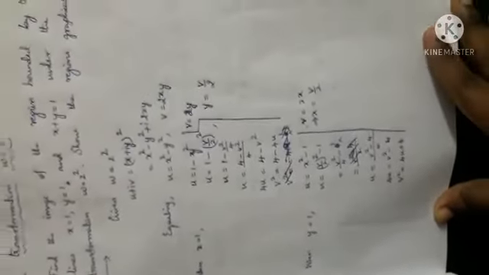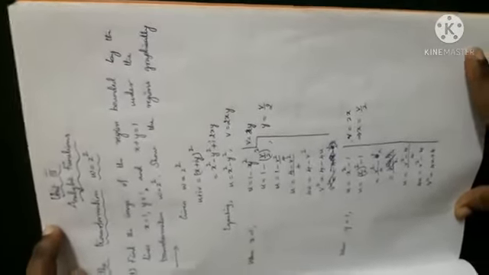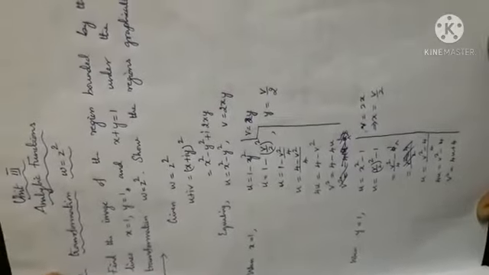And under transformations, the standard transformations which we have in the syllabus are W equal to C plus Z, W equal to C Z, W equal to 1 by Z, W equal to Z square. These four transformations are in the syllabus. W equal to CZ and W equal to C plus Z are part A headings, and 1 by Z and Z square are part B headings. W equal to 1 by Z is very important, and you try all problems. Listen here, you need practice. Maths is not like a theory paper. If you have written practice, it will be easy. The subject will be very easy, okay?